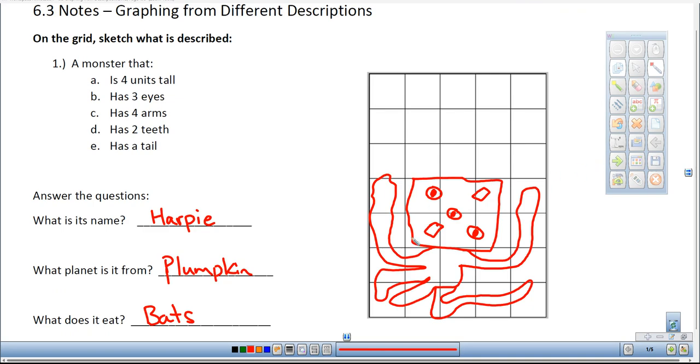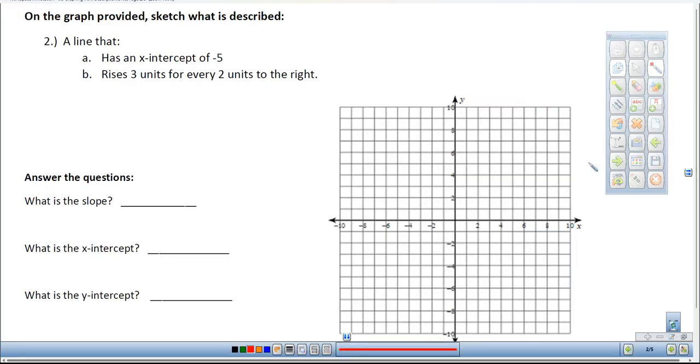Okay, so that was it good? Was it bad? No one is to judge. It's just, can I draw something with those specific things? 4 units tall, 3 eyes, 4 arms, 2 teeth, and has a tail. Yours is going to look different than that. But if we were doing it as a line and it had these particular descriptions, everyone's is going to look